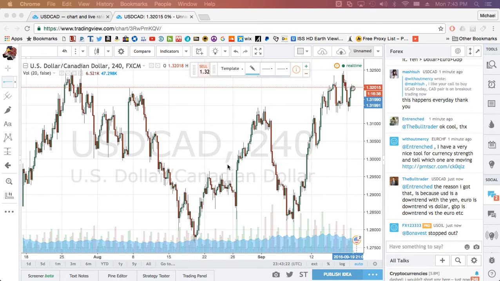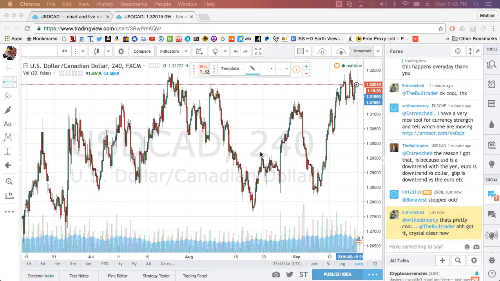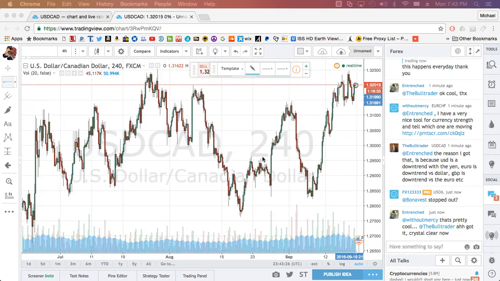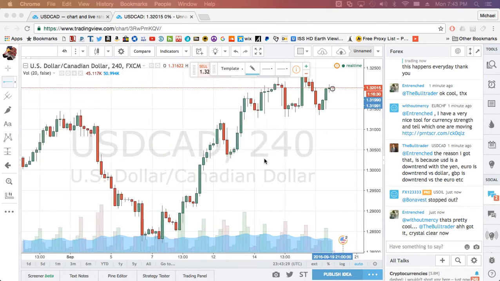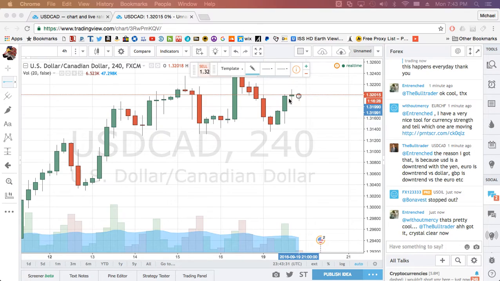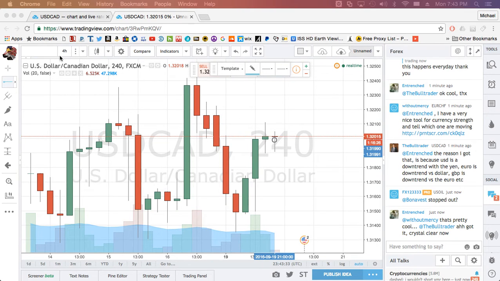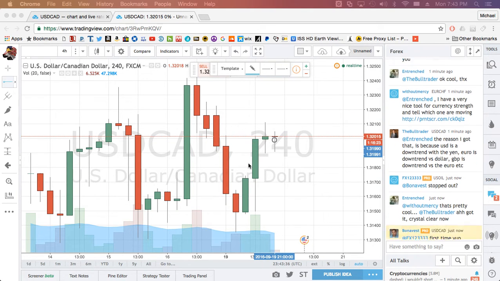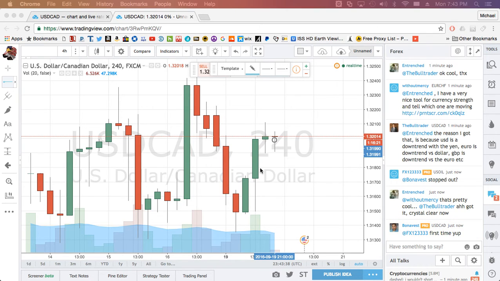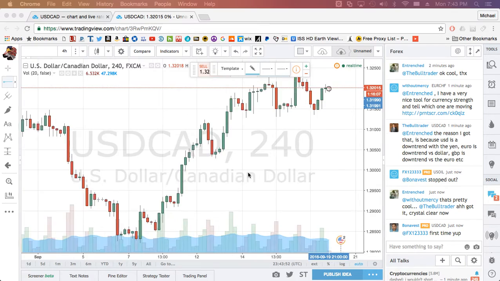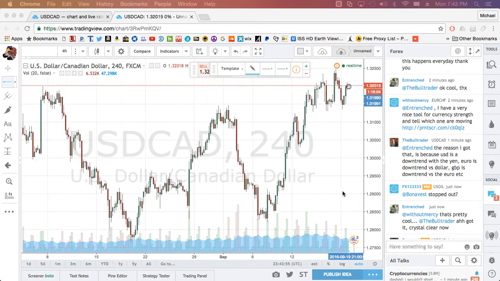Okay, so I'm looking at a 4-hour chart. When I use this scroll, zooming in and out like this, is this changing the time, or is the 4-hour button changing these candles? Sorry, I was responding to somebody in chat. Say one more time, you're changing what on the time? Yeah, I'm on this 4-hour chart. Does that change the candles, or does it change the whole chart?